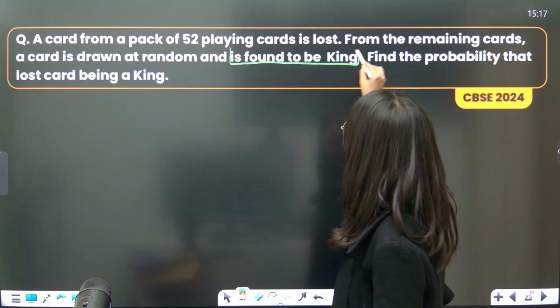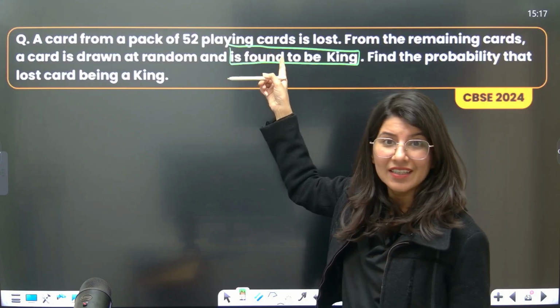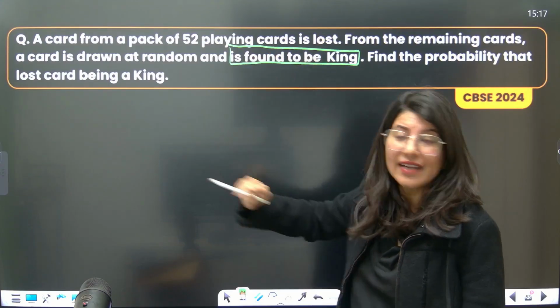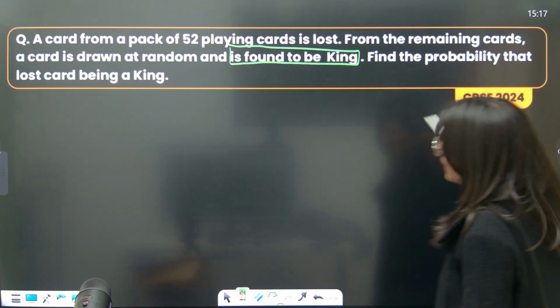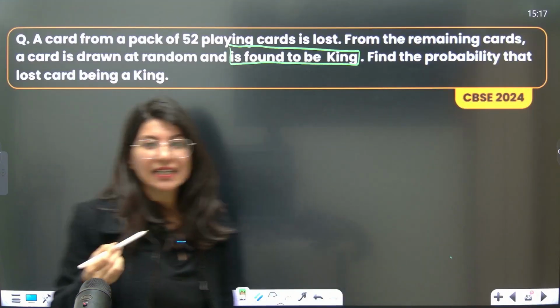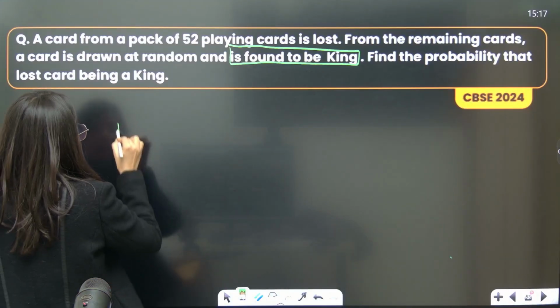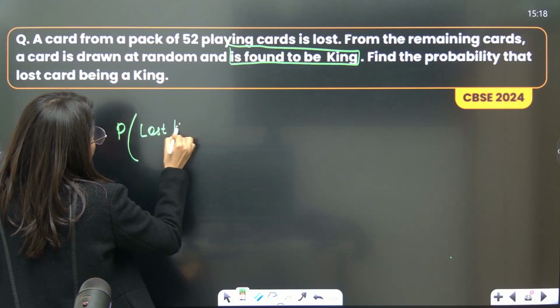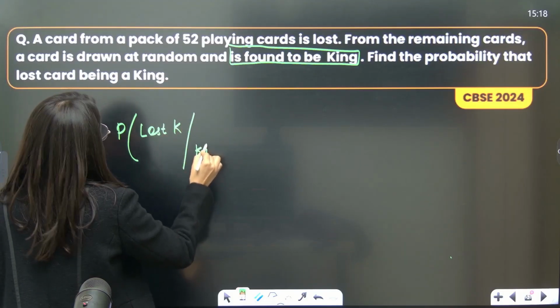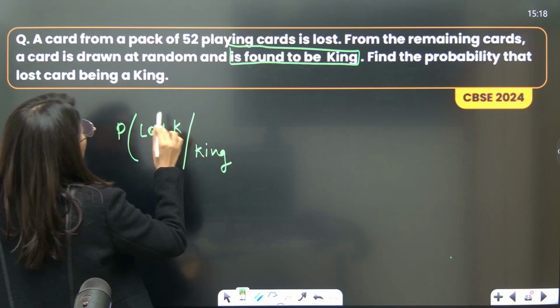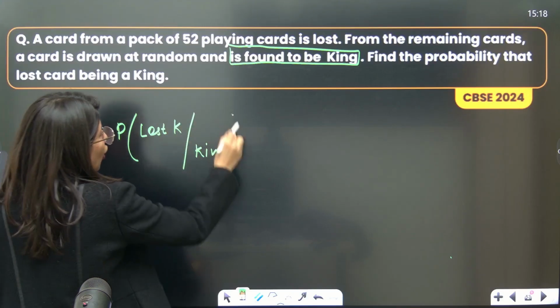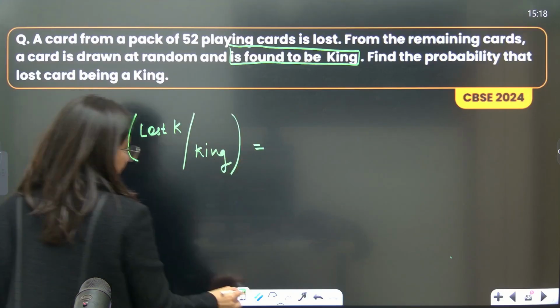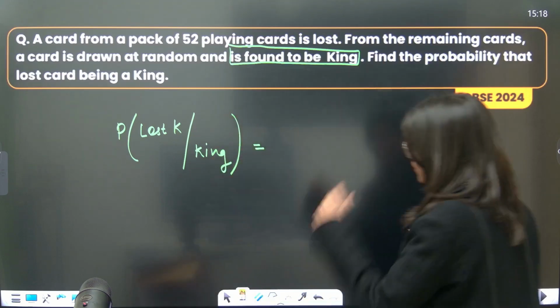Can you see Bayes theorem? Spotted. Something is found to be that. Find the probability that the lost card is a king. So probability that the lost card is a king given that the randomly drawn card is a king is equal to